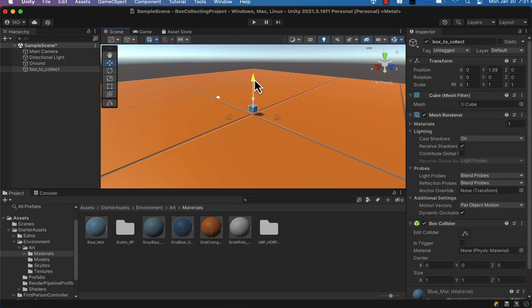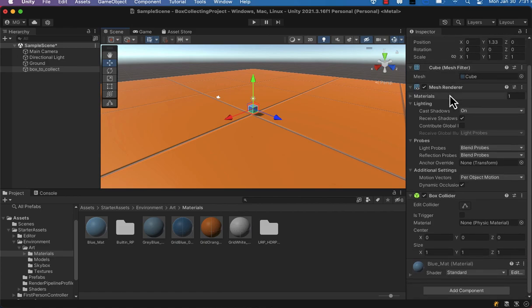And we can adjust the height and get it a little bit closer to the ground. Don't need to scale this one right now unless you want to make the box bigger. That's up to you. But we've applied the material here from the materials in the art folder. And next we want to